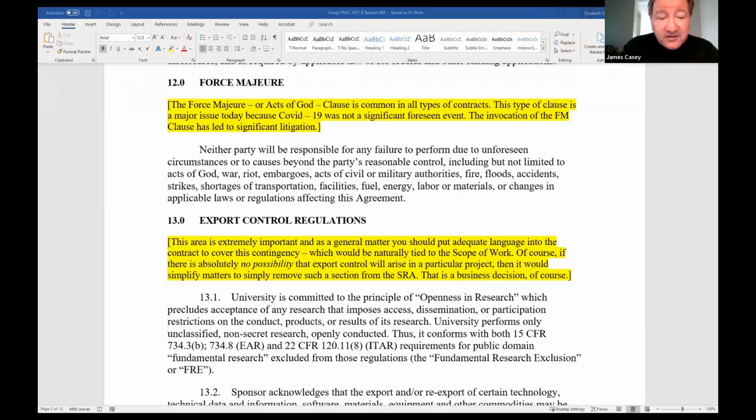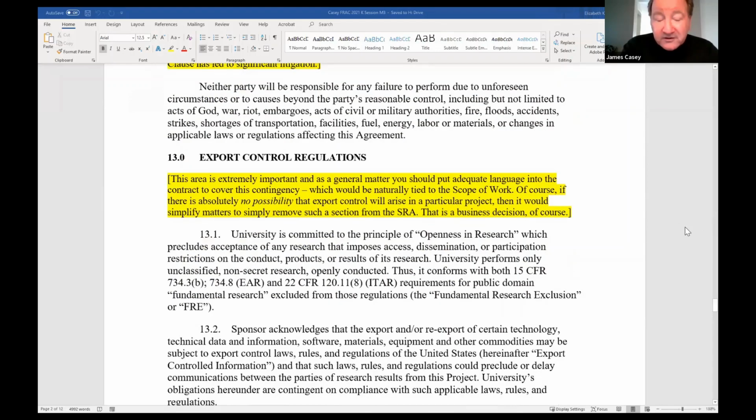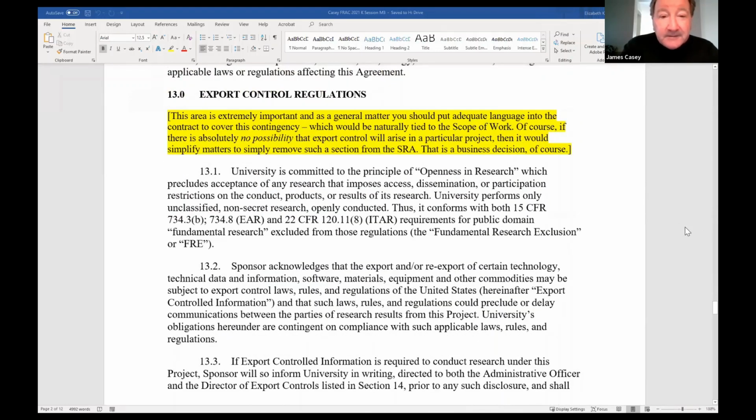Export controls in section 13, well, what's there to say? Export controls is a world unto itself. I am not an expert in export controls. I am a generalist. I know just enough to do the work effectively. If it's in contracts, getting the contract signed. This is certainly one of those areas where a lot of universities have regulatory compliance offices or export control offices, in which case the draft of the contract should be shared with the export control office just to make sure they don't have any concerns.